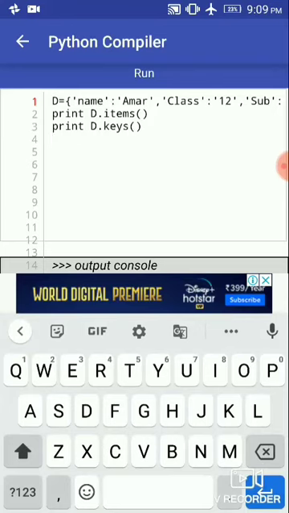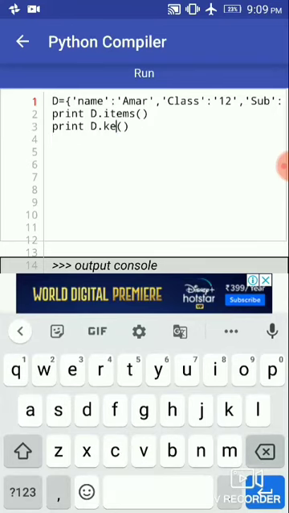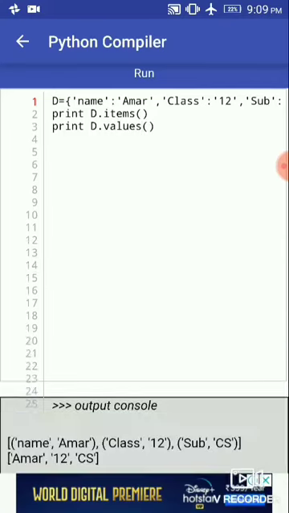When we use the print command to get values and run the program, we get only the values of all keys. So here are some functions. We can also use the dictionary name dot update method or dictionary name dot setdefault key. This is for your homework. Here the dictionary topic is completed. In the next video we start sorting. Thank you.